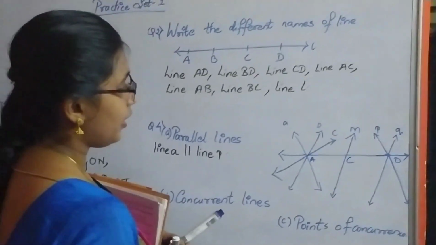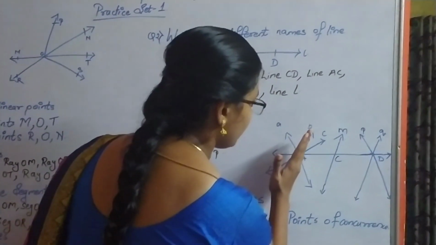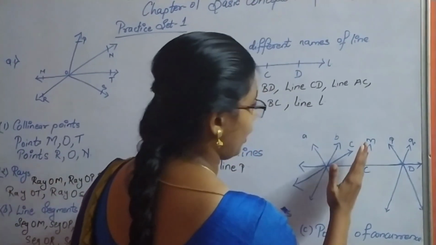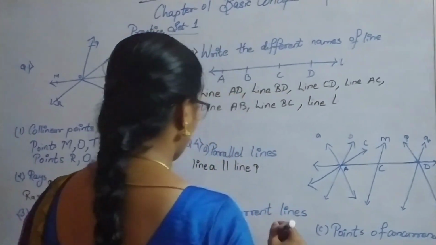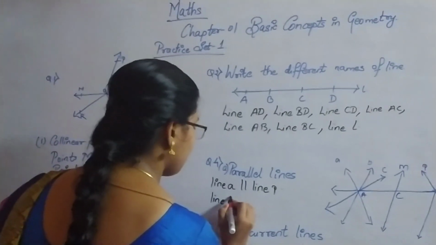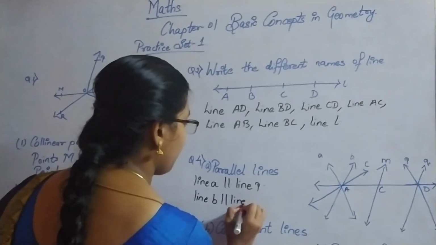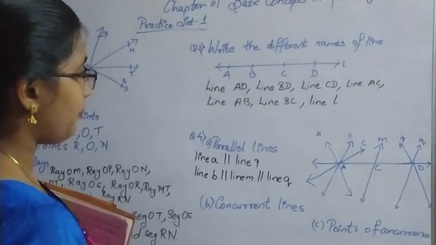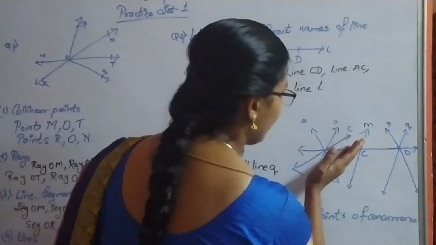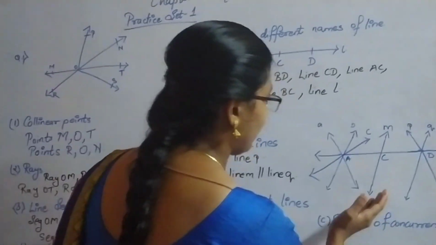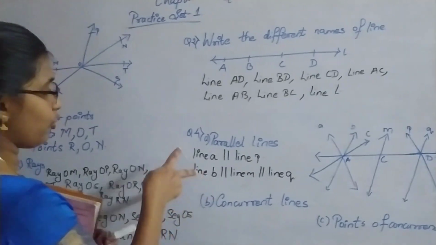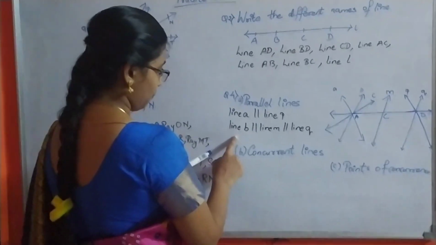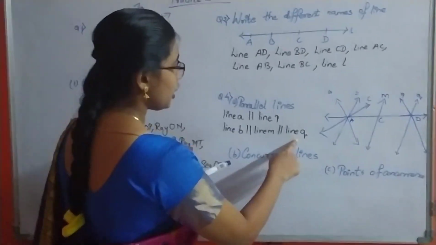Now next, if I take B this way, which is similar to this M. Again, do we have any other similar line falling in the same straight manner? Yes, line Q. So line B parallel to line M parallel to line Q. Now apart from this, if I take line C, do I have any other lines falling in the same plane in the same direction? No. So we have only these lines which are parallel to each other. The first one is line A parallel to line P, line B parallel to line M parallel to line Q.